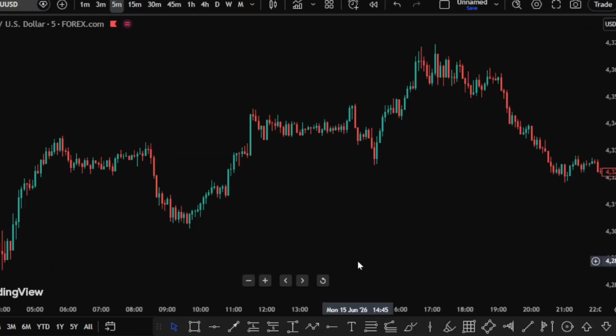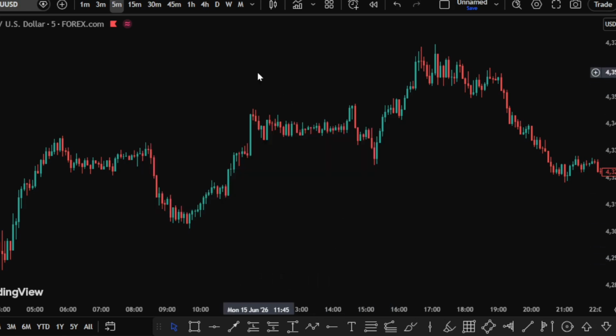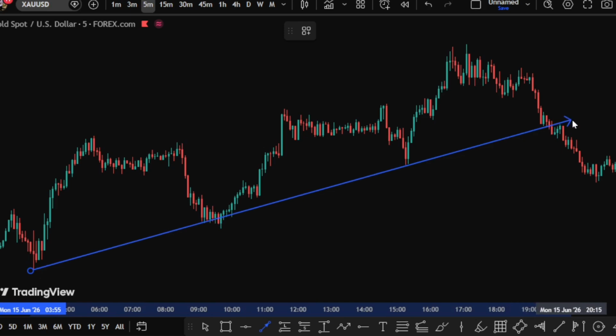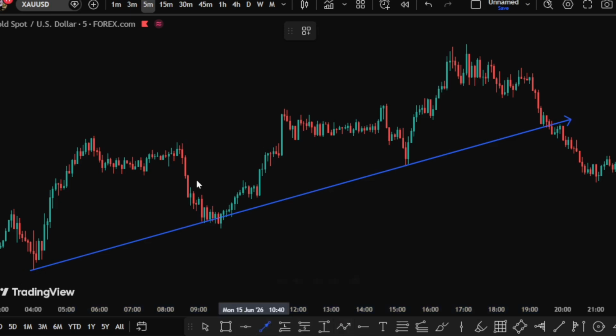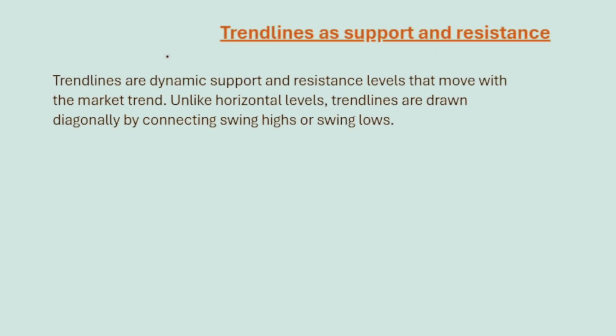The next type of support and resistance is trend lines, which are drawn diagonally. Example, you can see on this chart is an uptrend. You take your arrow and draw this diagonally. Remember, there's horizontal support and resistance, and then there's diagonal, which are trend lines. On this type, you can see that this one is a support, and the upper one is a resistance. That's a trend line, support and resistance. We can say that trend lines are dynamic support and resistance levels that move with the market trend,